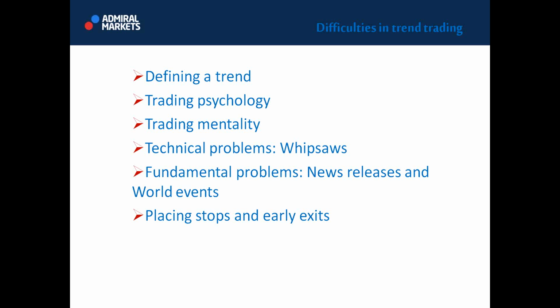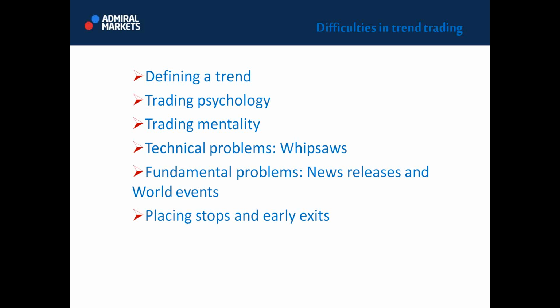The next thing is also known as technical problems or whipsaws. We have seen many whipsaws during the last couple of weeks on some currencies. Aussie was trending fine, cable had a whipsaw yesterday, and euro dollar also had a major whipsaw yesterday. We saw what happened to the dollar. The dollar was gaining strength prior to the release that the US debt ceiling agreement had been done. Then after the agreement was signed, what happened? Euro dollar, cable, and Aussie.